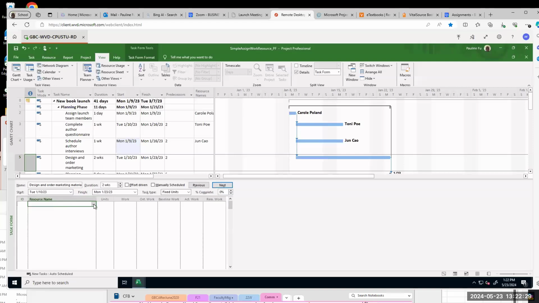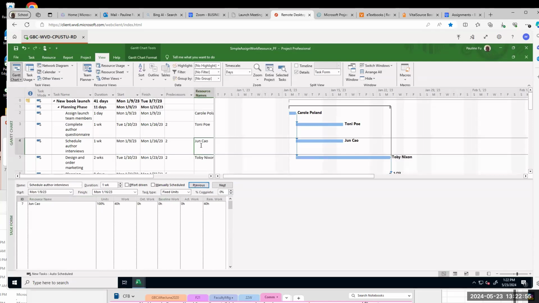Click resource name and select Toby Nixon. So I finished step 5.